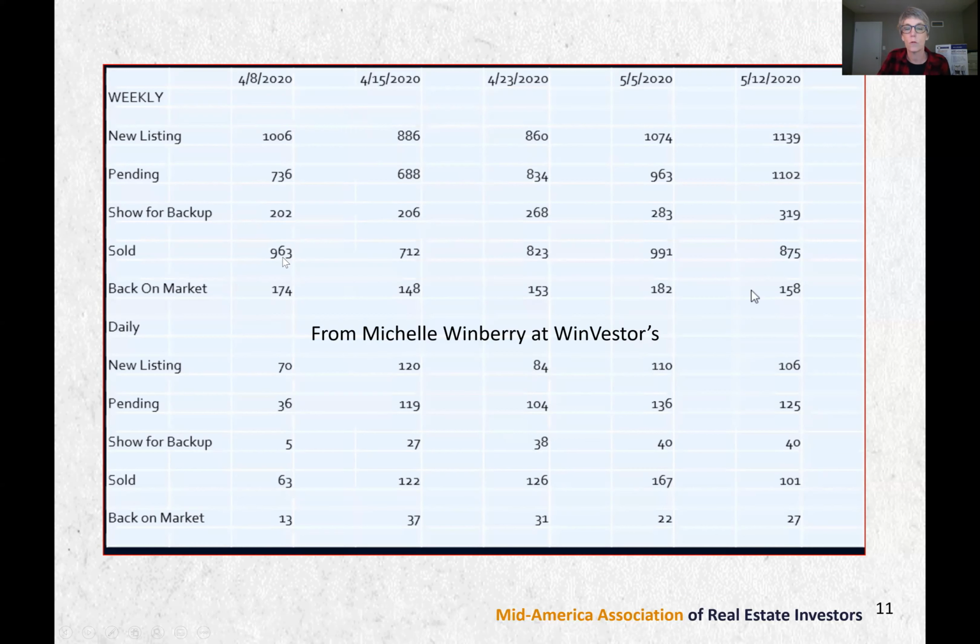And then we look at solds, and we're at 963, and we would have thought this would have trended upwards, because if you look back at all my charts, it trends upward. But again, it dropped back down to 712, but then it started coming right back up, because we had a week there where we froze. We didn't know what to do, and then they said we can only have one person come into closing. We can do a drive-by closing, and people can sign documents in their car. And as they figured out how to do closings, those numbers came back up.